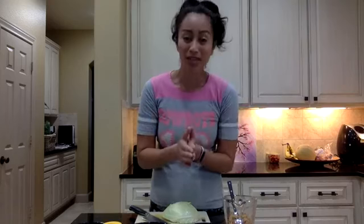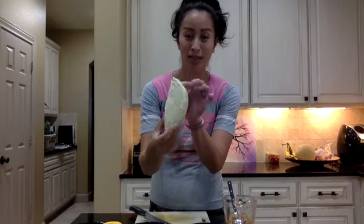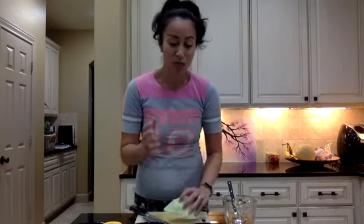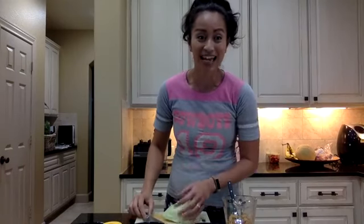What we're going to start off with is this really simple salad base. All I have here is just a quarter of a cabbage. This is a white cabbage. You could use whatever color you have. And the reason why I chose cabbage instead of something like iceberg lettuce,